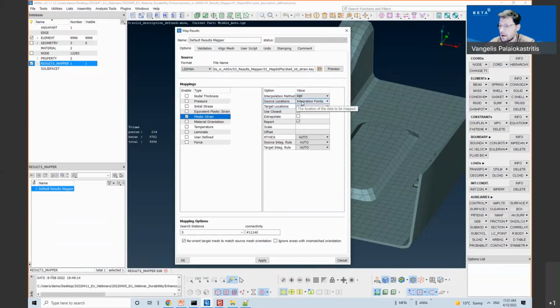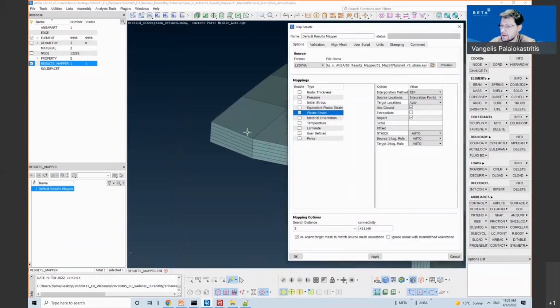So this will take the data for mapping from the integration points of its element. The target location will remain auto, so this will map the interpolated value into the centroid of its solid element.